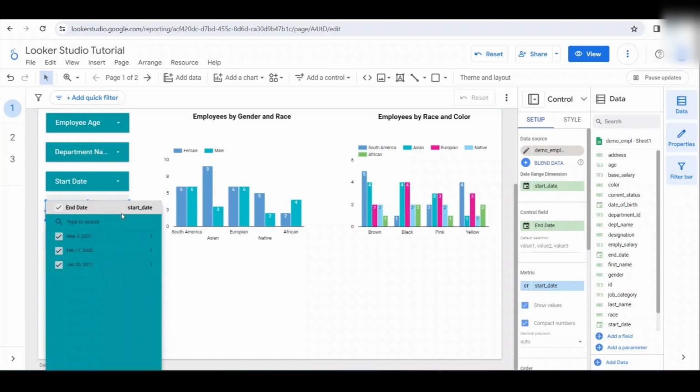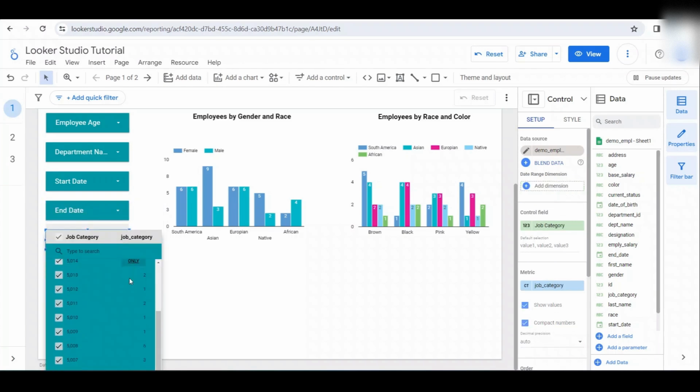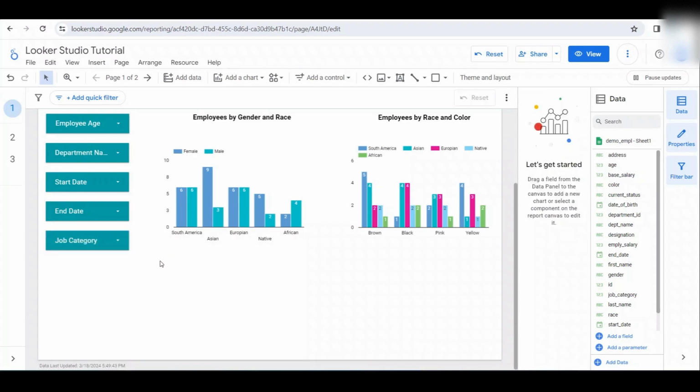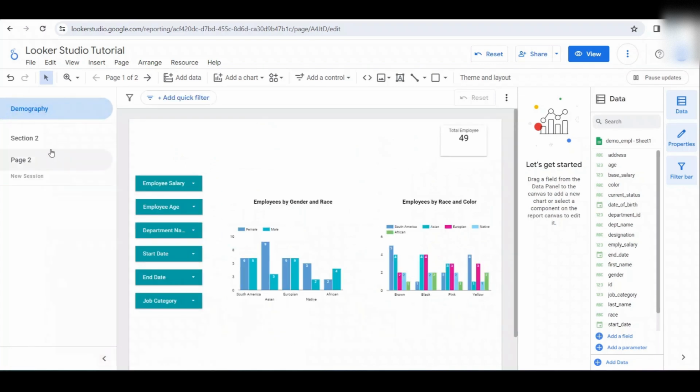Then also end date. So which employee has already ended the contract or their term. We can see there were 3 employees, one left in 2017, the other one left in 2020, and the other one left in 2021. On here, the job category. So this is by the department number. So this is by the department and the job category on here. So they are also displayed here. So this is a cool way to start, and you can do so many things in Looker Studio. I hope you guys enjoy working in Looker Studio and never stop